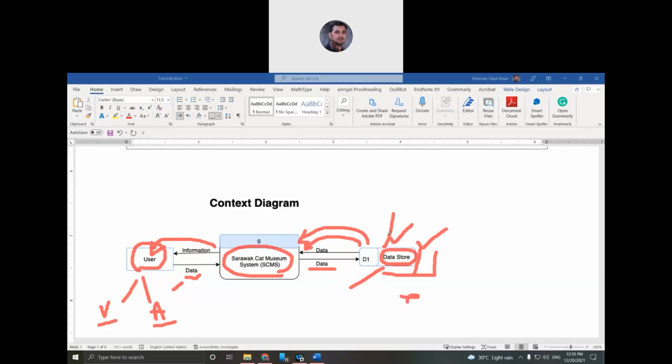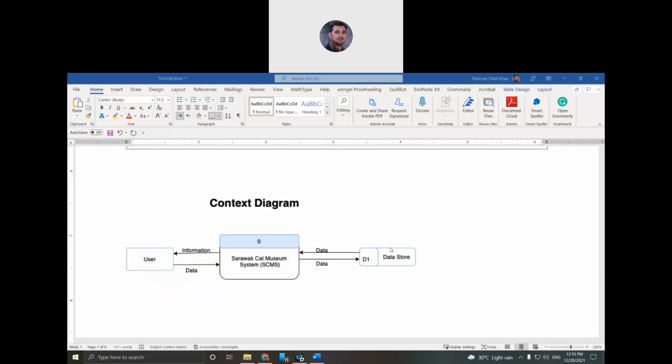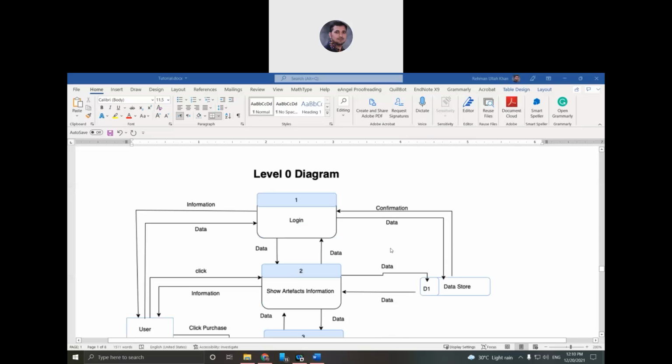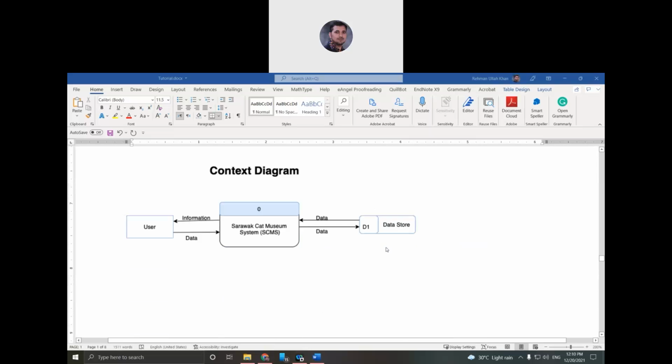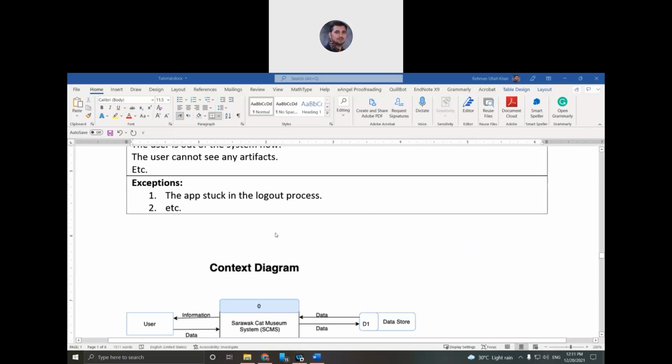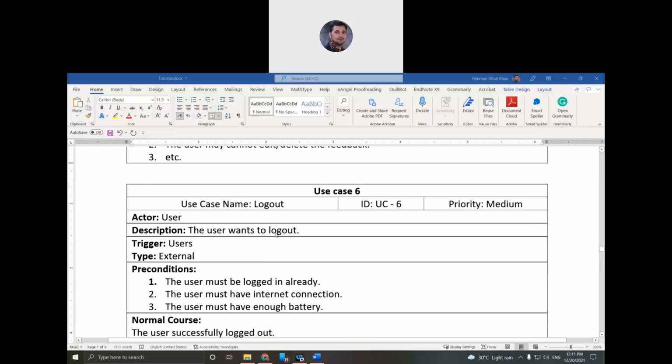Okay, let's continue from the context diagram to level 0. So level 0 diagram, what I did, you see the whole system, this Sarawak museum system. Now I decompose this into the functionalities that I have described in the use cases.